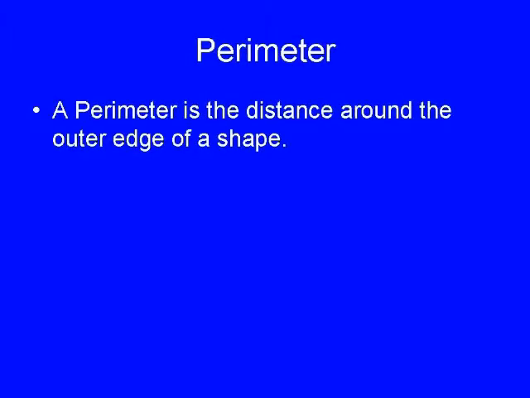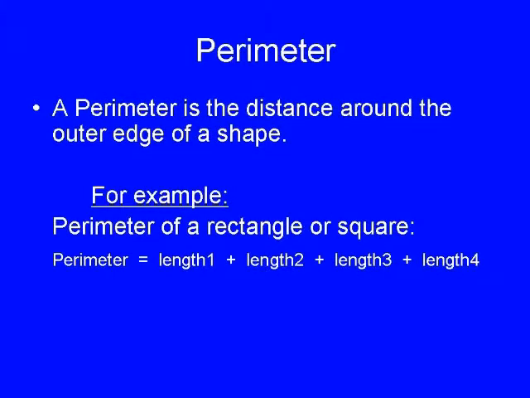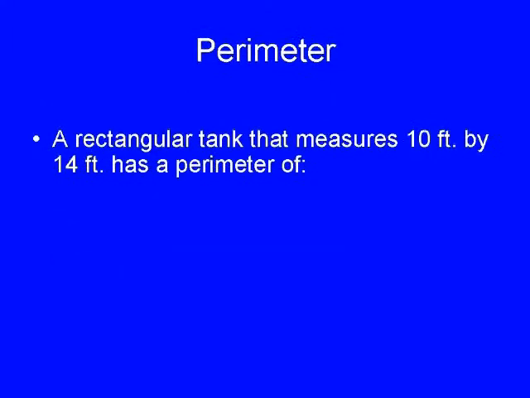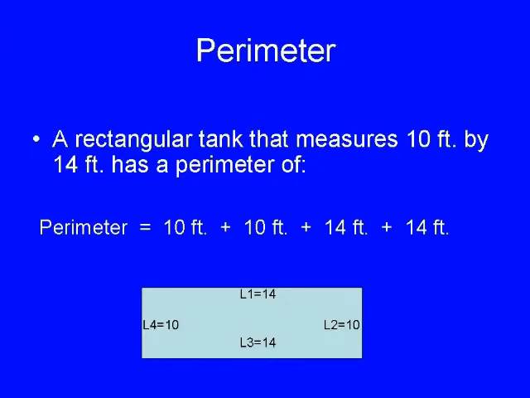Perimeter. A perimeter is a distance around the outer edge of a shape. For example, the perimeter of a rectangle or a square is the length of side 1 plus length of side 2 plus length of side 3 plus length of side 4. A rectangular tank that measures 10 feet by 14 feet has a perimeter of 10 feet plus 10 feet plus 14 feet plus 14 feet,